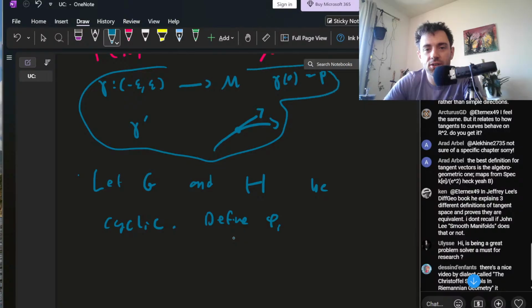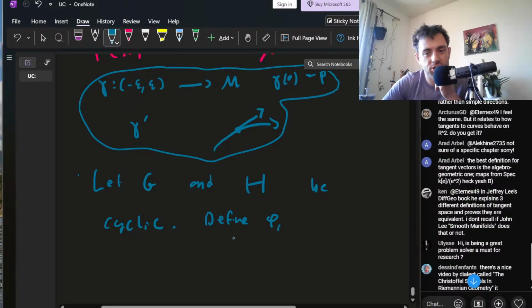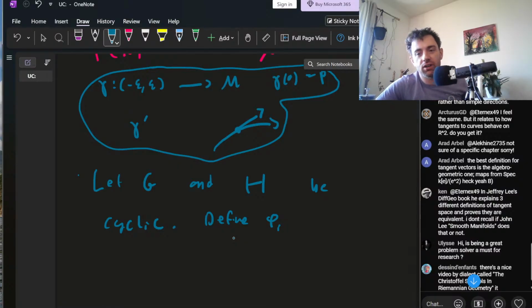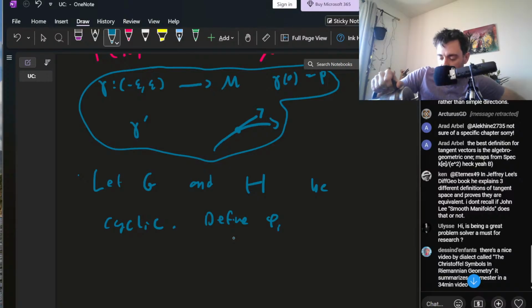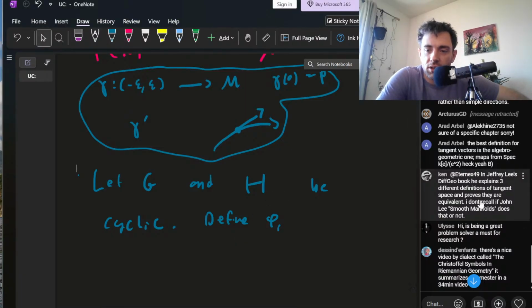And then you realize you can rewrite it in terms of derivations. And then later, when you're struggling with how to define tangent space in algebraic geometry world, you're like, oh, which of the 5 definitions of tangent space I have in differential geometry world can be made algebraic? Oh, well, it's the one about derivations. So that's the way I feel like it goes. I'm pretty sure Lee